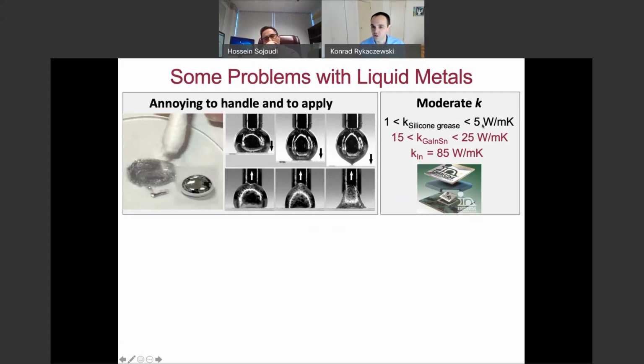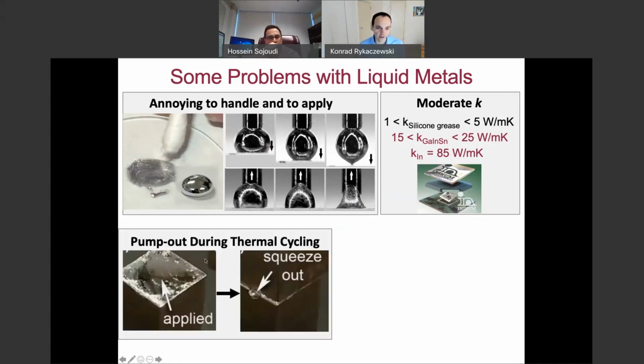Second, it has a moderate thermal conductivity, I would say somewhere between 1 and 5 watts per meter Kelvin, as for the greases. So the liquid metal is better than that, but it's still far below what a classical indium foil would provide you. Because it's liquidy, if you apply it and you have some kind of warping that happens in every chip when you cycle it on and off, it squeezes out,